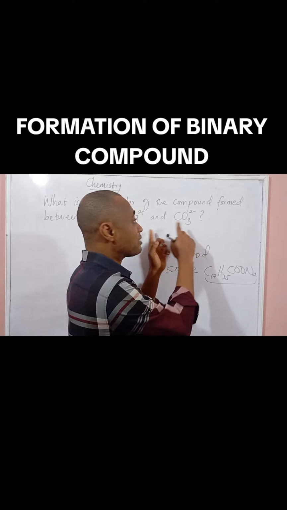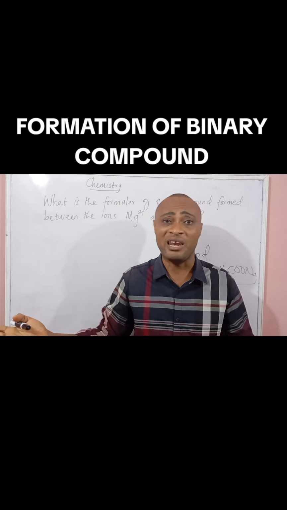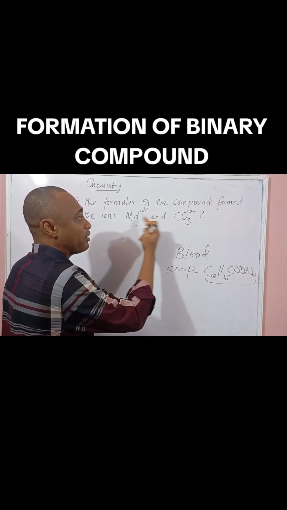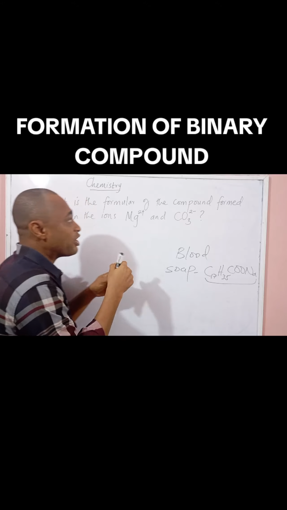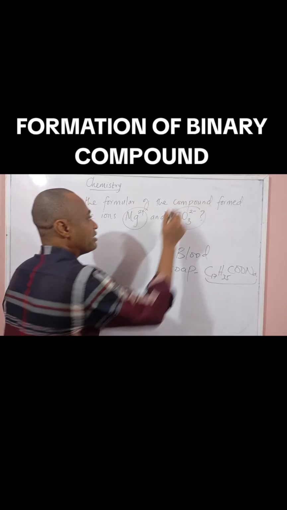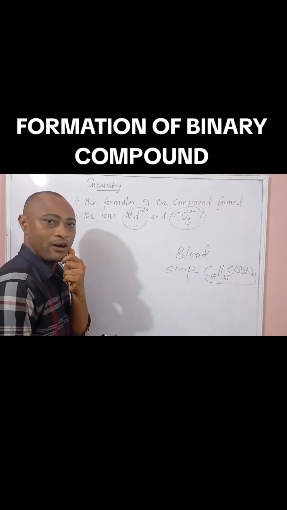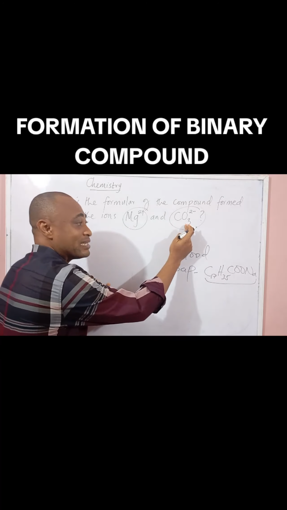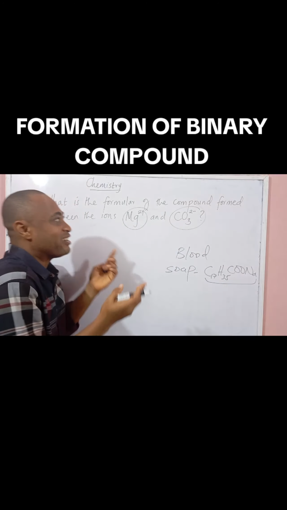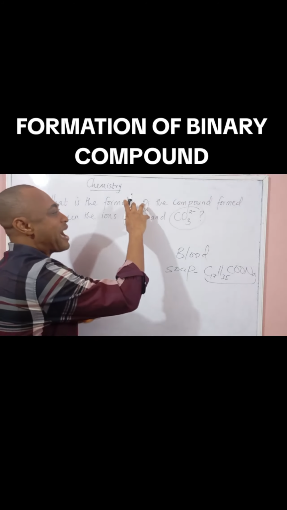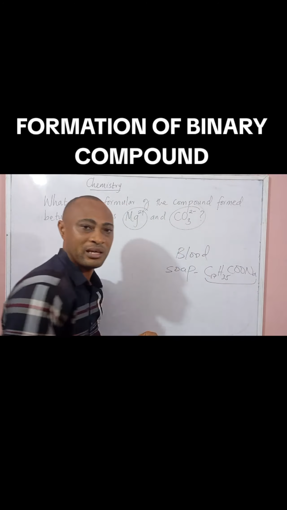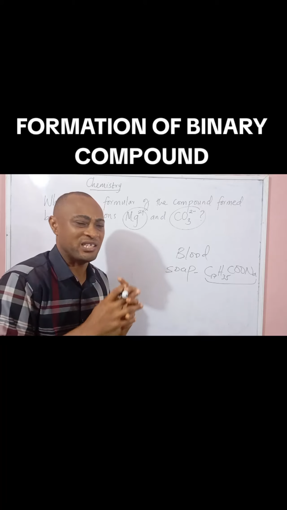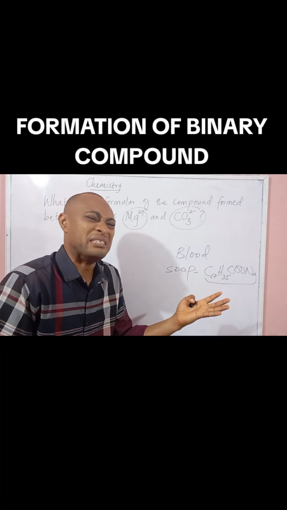Now take note, most of these compounds formed are a combination of elements. Look at this. I have the element oxygen, I have carbon, I have magnesium. But now they want us to class it in two: the magnesium ion and the carbonate ion. They want these two to come together. Remember, this is a cation and this is an anion. So what they are asking us is, if I combine magnesium ion and the trioxocarbonate(IV) ion, what will be the formula of that compound that is formed? There is no big deal to it.